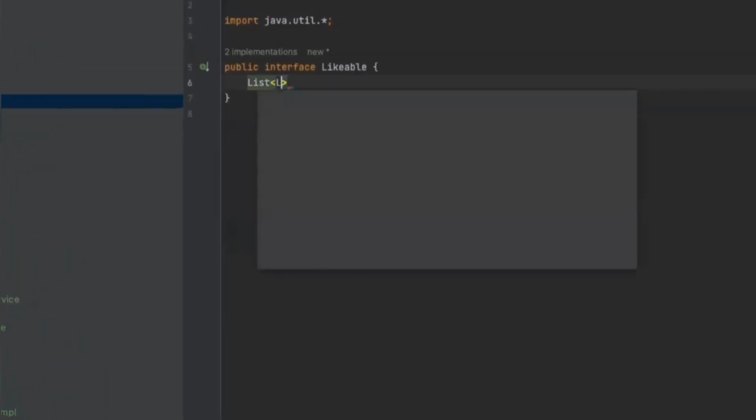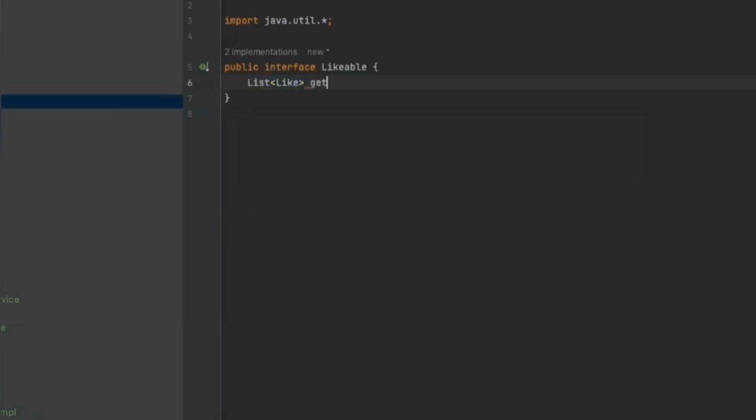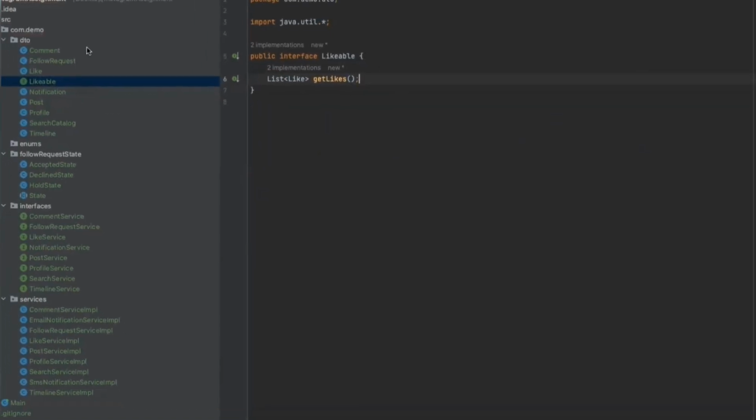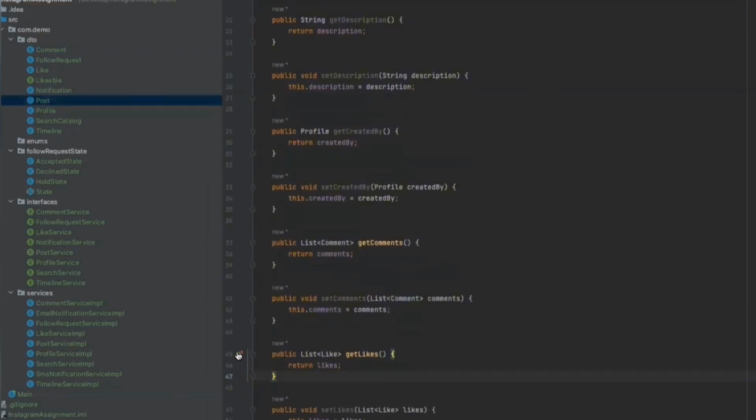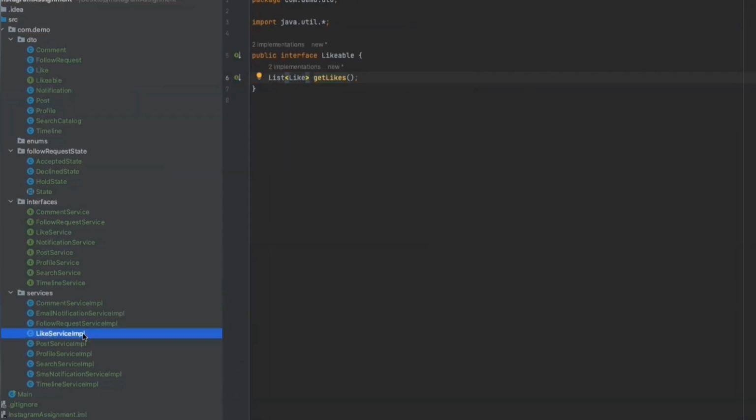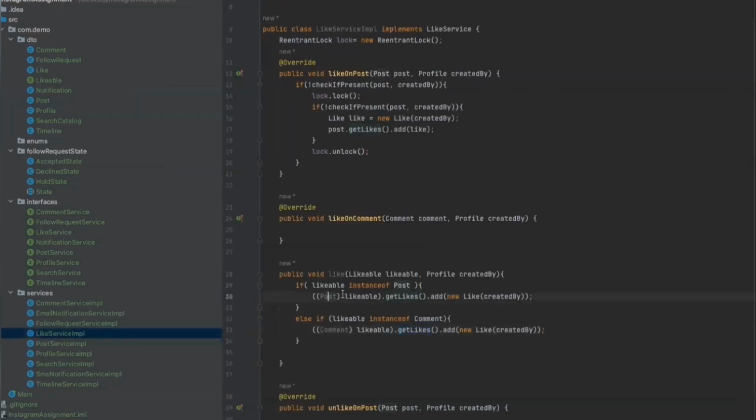List of like, get likes. Now if you see, this get likes is implemented by comment also and by post also. Now if you head back here, should you typecast it and check which type of likable it is? No. What do you have to do?